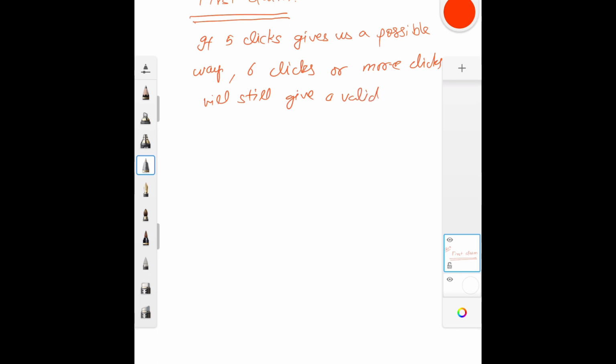That is correct, right? If you can cross everything in just 5 clicks, where you are using them to increase height, then even if you use another extra click, that will only increase your height, right? So there is no loss to you. So the first thing is, if I see that at 5 clicks things are working, that means for more clicks also things will work. Now the only thing I want to know is what is the least value for which this will work, and this is a binary search problem.